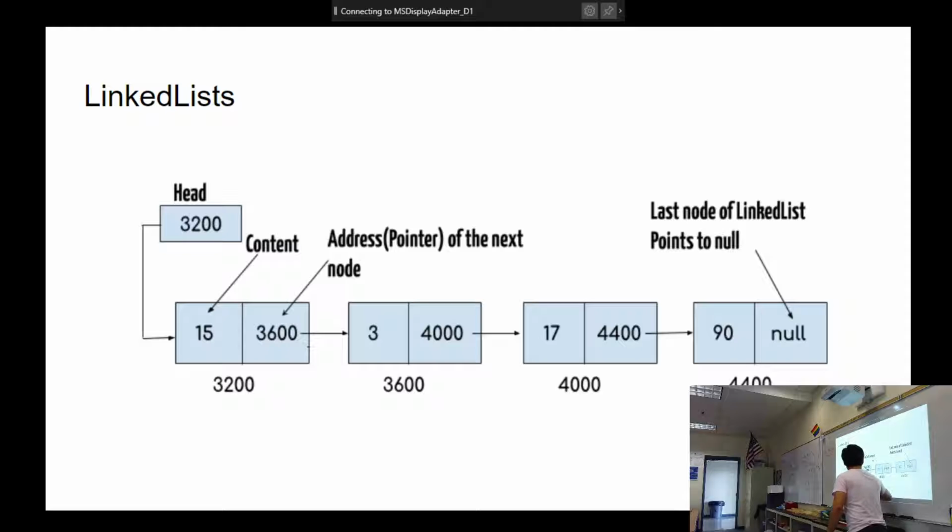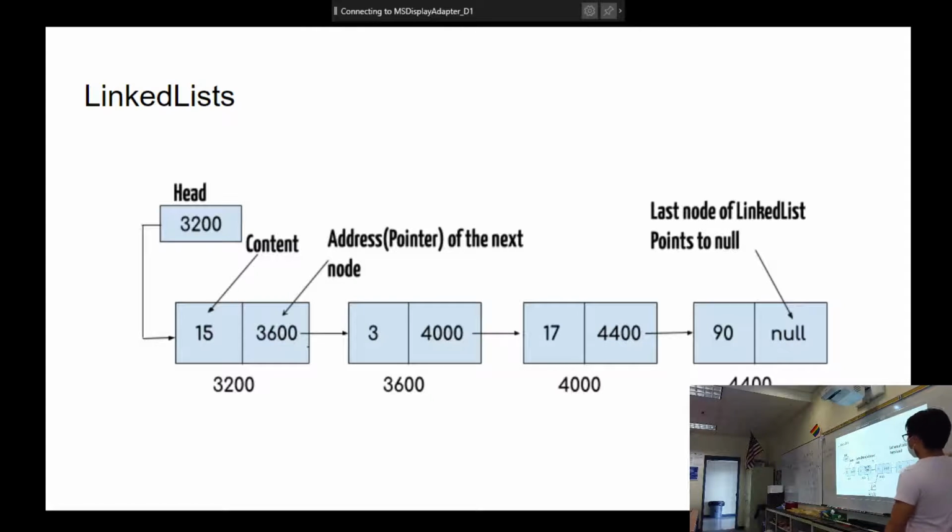Oh, you have to add 4,000. Yes. If we put 4,000 here, now we've removed this arrow. We point to this guy and we point to this guy. Done. Fine. We've inserted an object into our list. It's super easy, right? Because we just changed, as you said, 2 pointers.